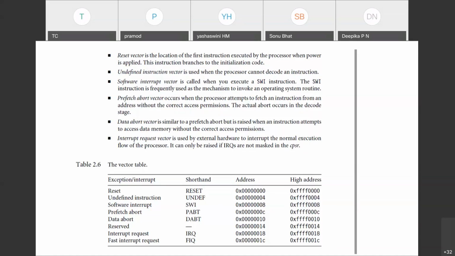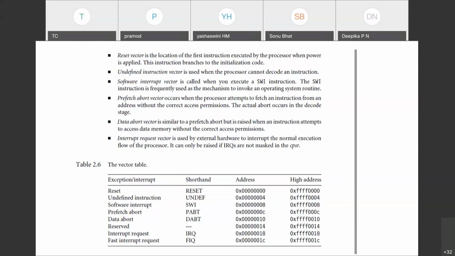There is a slight confusion for you to understand these things immediately now. For example, the software interrupt vector is called when you execute the SWI instruction. It means that the SWI instruction is frequently used as a mechanism to invoke an operating system routine. So it is related to the processor's other functionalities.